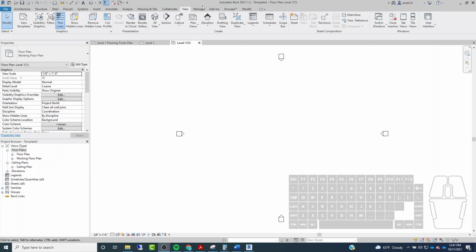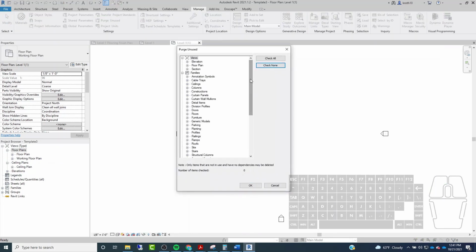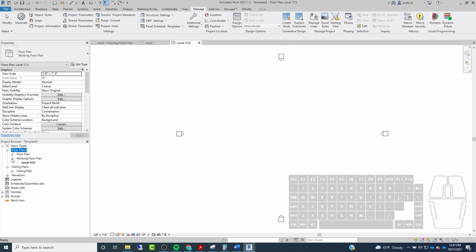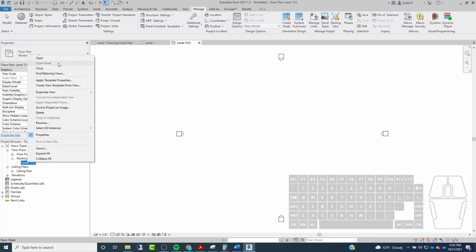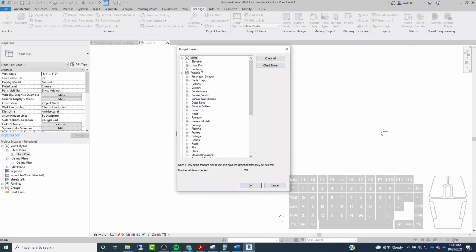So what I have to do, and if you did the same thing as me, let's go to Manage, and then let's go to Purge Unused, and then I'm going to check None, and I'm going to find my floor plan views right here, and I want to delete out my working floor plan. So actually I'm going to have to delete this view out of working floor plan. So we'll delete that. Then go back to Purge Unused, and then floor plan, and now I can check None,